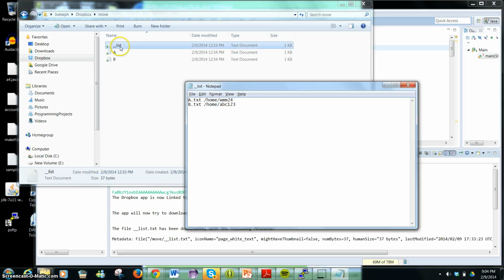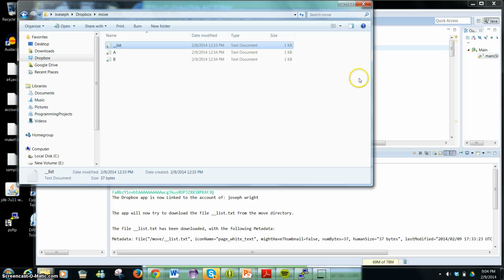So let me just show you this. There's how it is right there. It's formatted with a space in between: file name, file destination. Close that up. And for testing purposes on this computer,